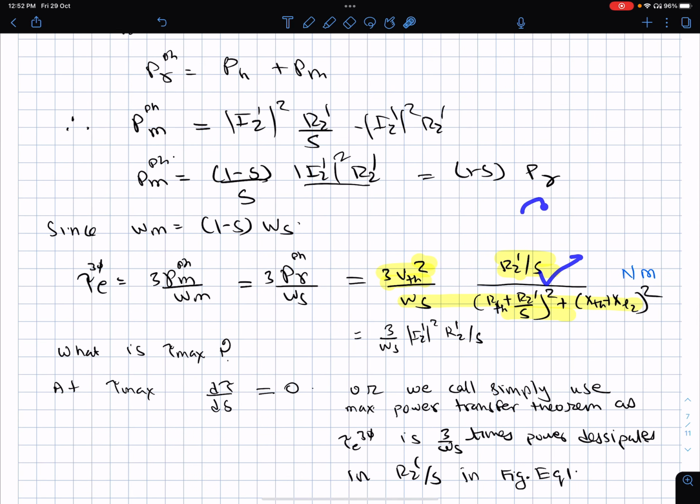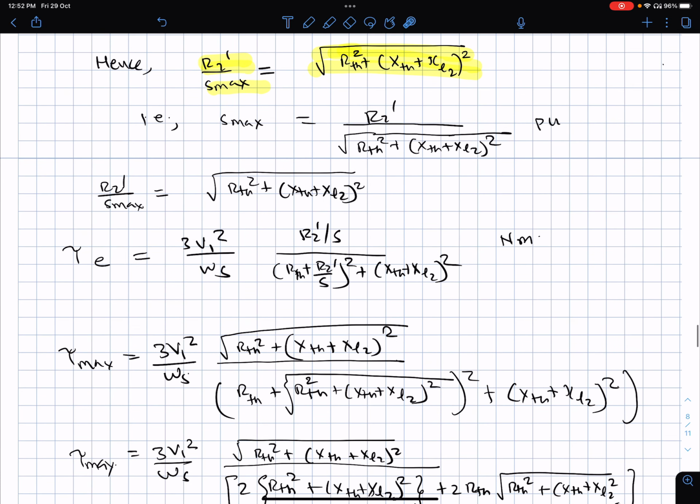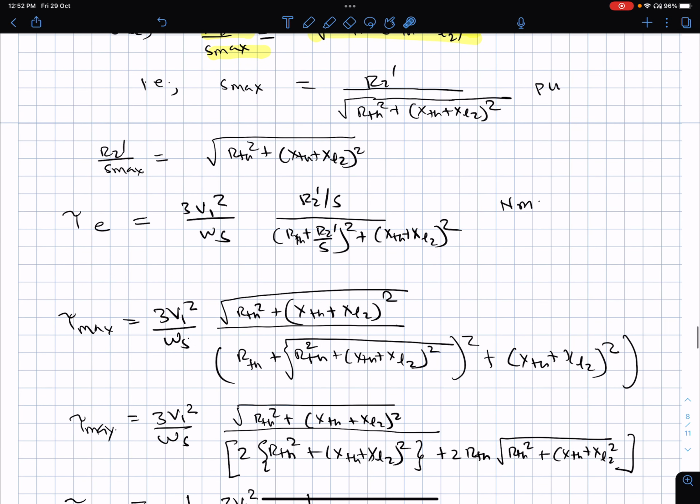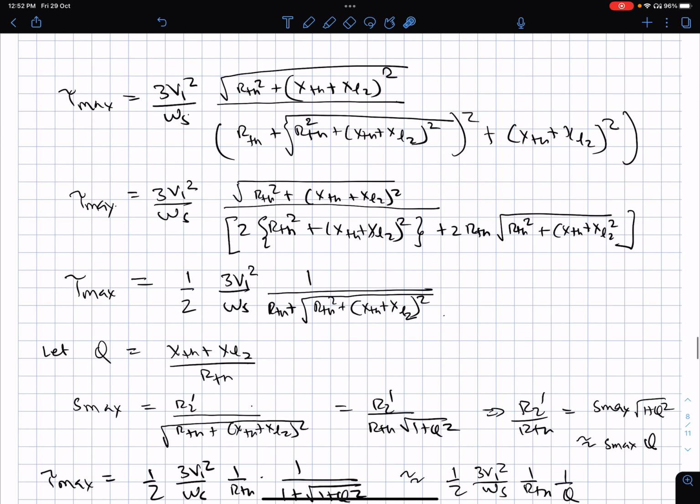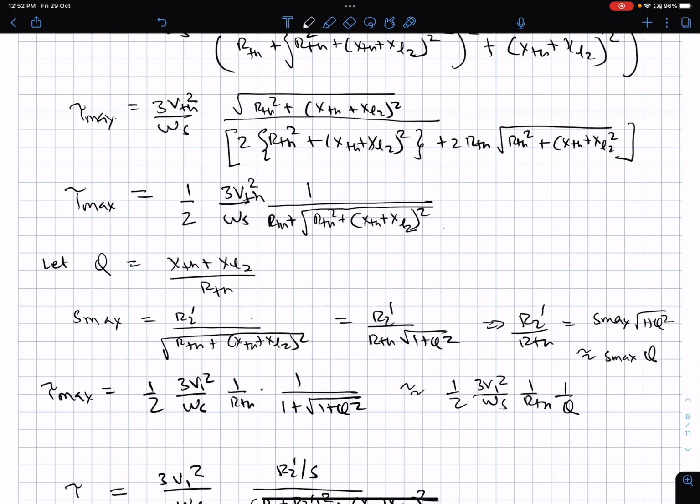And when we calculate that T max, I will leave this. Okay, I have done it here. We substitute that S max. I'll leave this; you go through a couple of these steps here. Then you will see that this T max comes out to be half of, I'm sorry here, all of this should be V Thevenin. And whenever I say V Thevenin square, actually I am meaning this that is there.